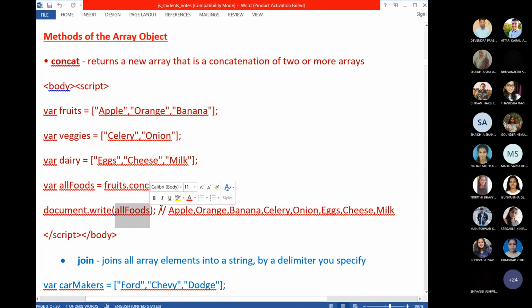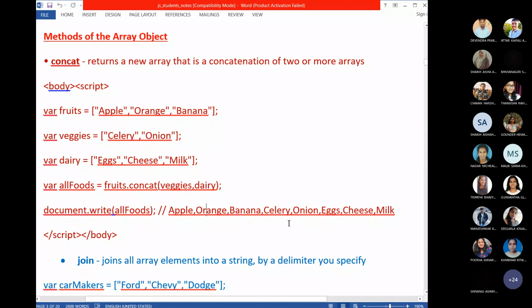Now, this is not part of the program, this is a comment line. In the comment I have written what output you will get: all these elements merged: apple, orange, banana, celery, onion, eggs, cheese, milk. All three arrays' elements will be concatenated and displayed.